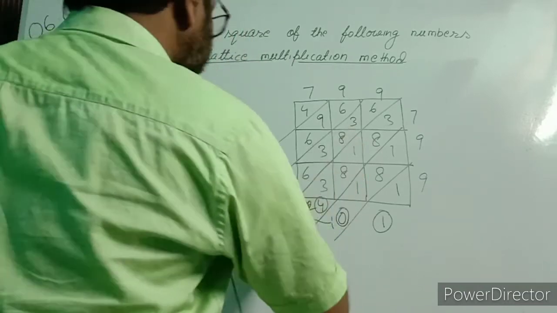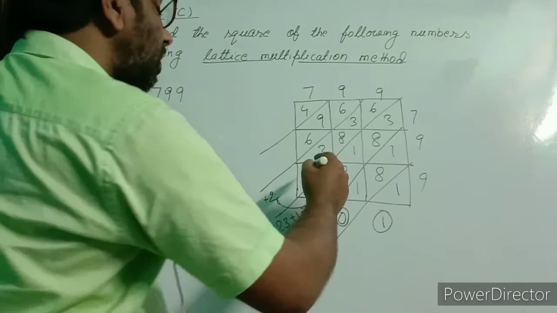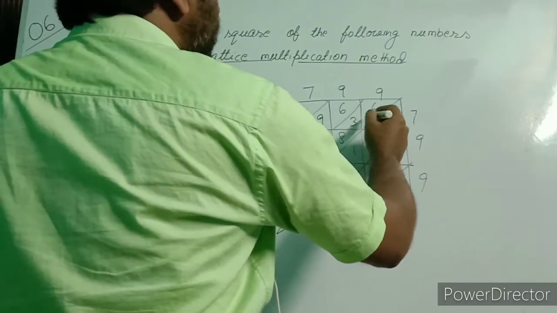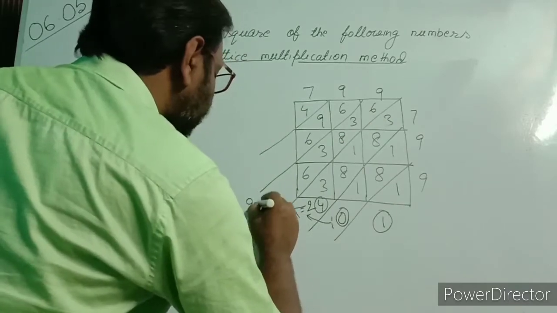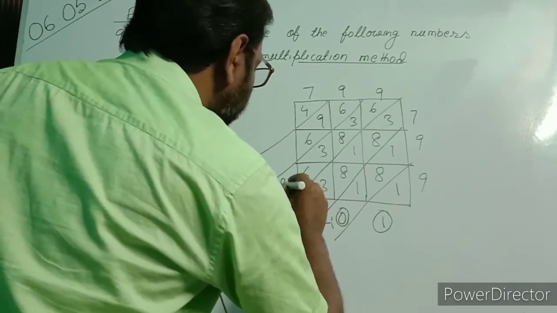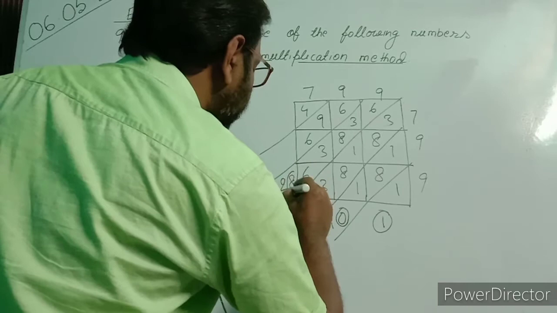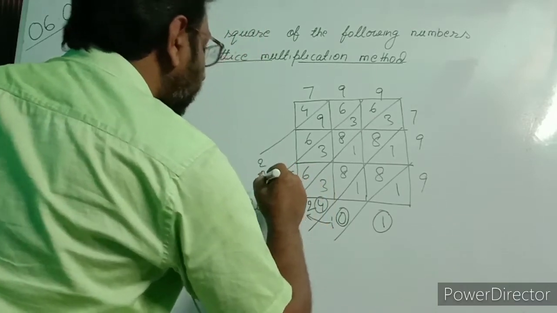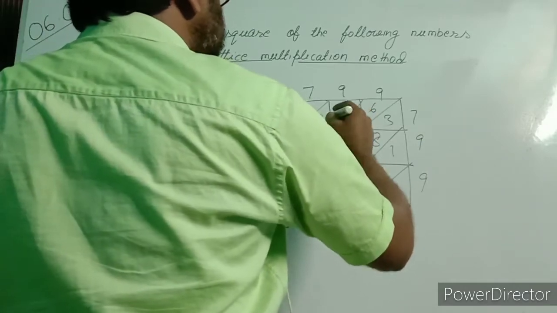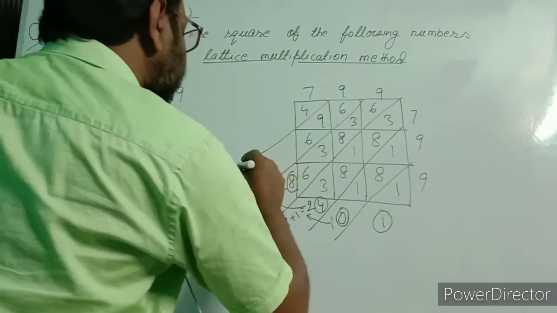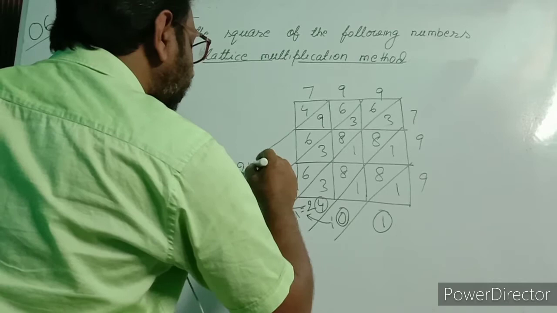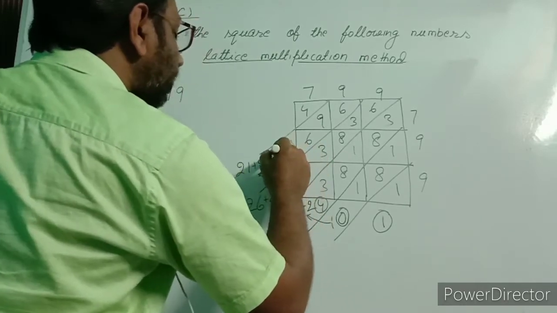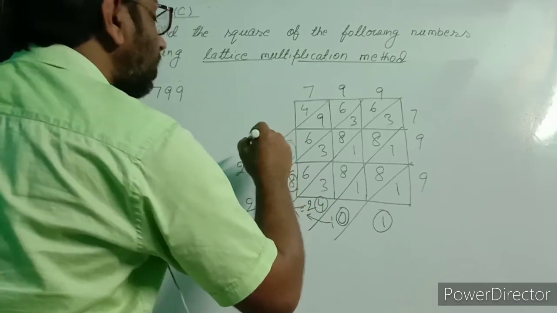Now add this. Before this you give the symbol of addition. 6 3 9, 9 8 17, 3 20, 6 26. 26 plus 2 equal to 28. Circle this. Transfer to here. Okay. Now add this. 6 9 15, 15 plus 6 21. 21 plus 2 equal to 23. Circle this unit place. Transfer this tens digit here.